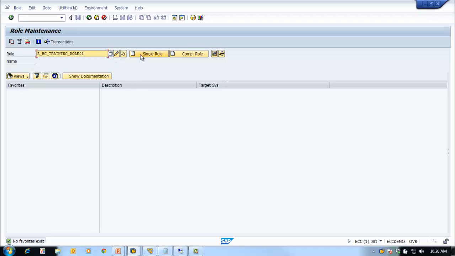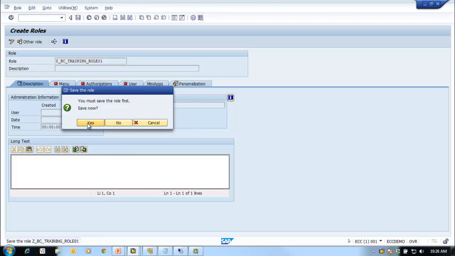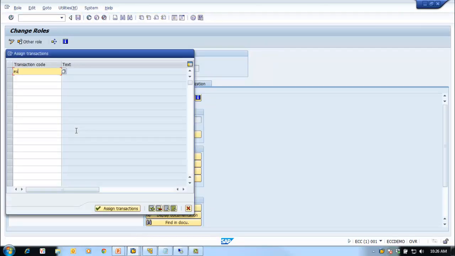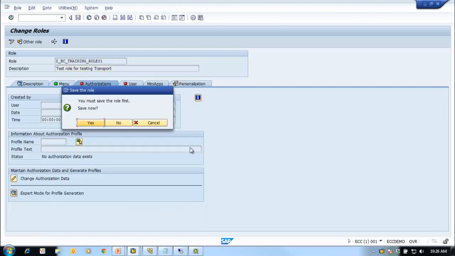Let's say create single role and go to menu, go to transaction, add a transaction SU01, test role for testing transport, go to authorization, go to the change mode,